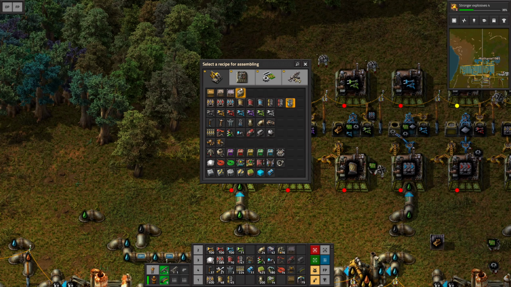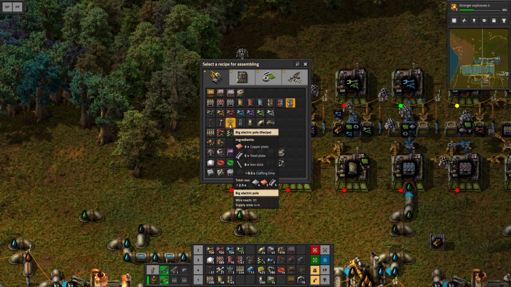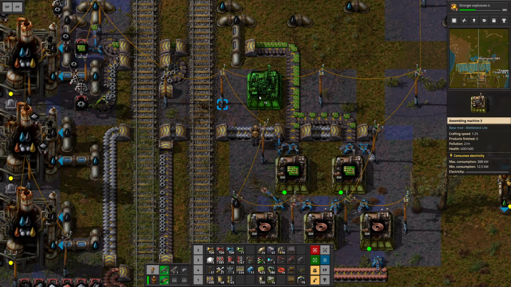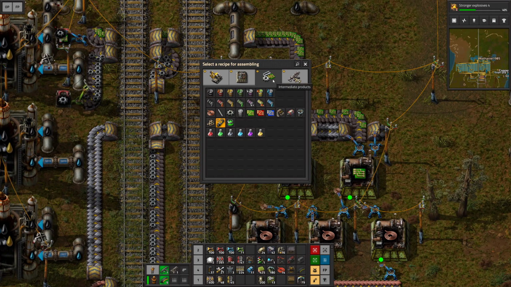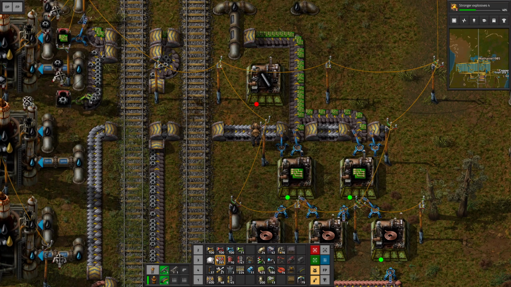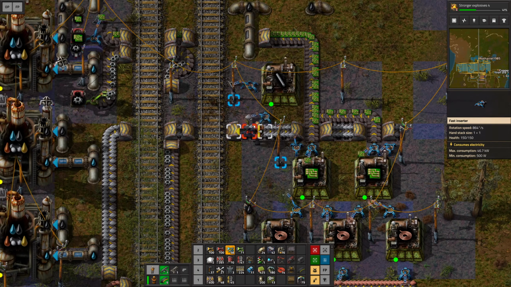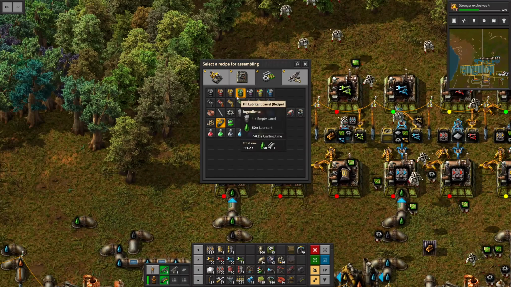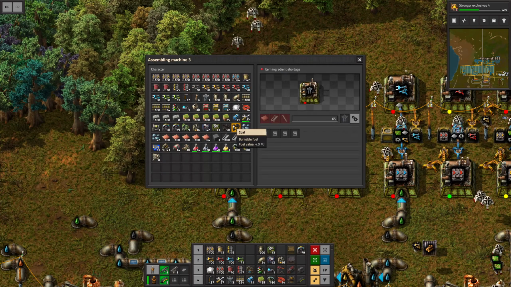Now it's all about setting up whatever the heck we want. For instance, big electric poles. For that we need additional iron sticks. So maybe that is something we can simply craft here. Just a bunch more iron sticks. Grab some of this iron and bring it out here. Said and done, the sticks are available in the logistics system, so we can set this to craft some big